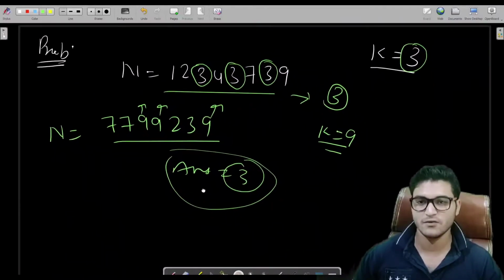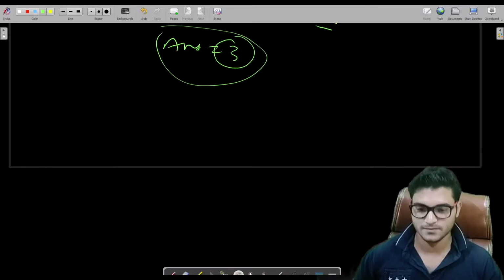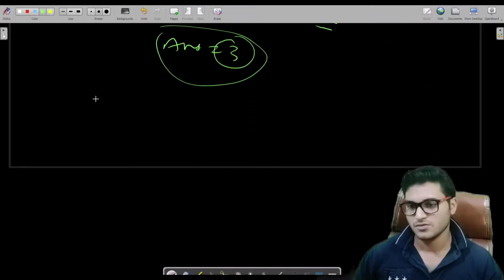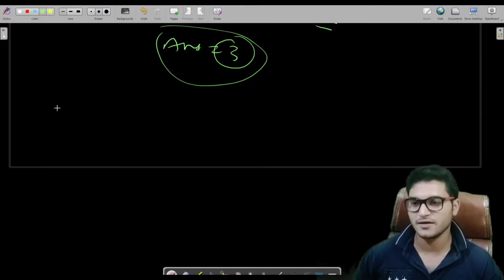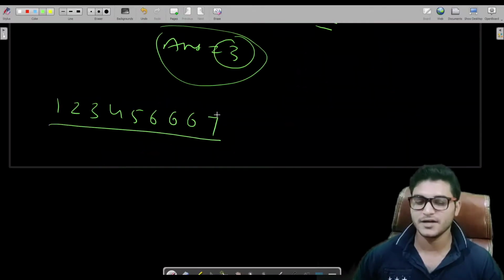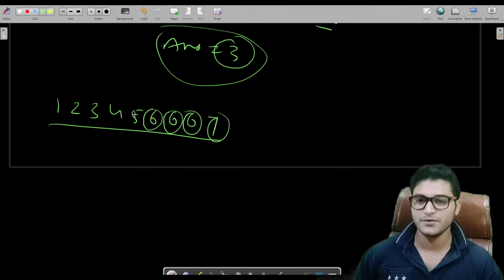So let us see how we will build the logic for this one. If we have to get each digit of any number, let's say 1 2 3 4 5 6 6 7, then what do you have to do? I have already discussed this approach in my previous videos, which you will find in the basic questions of DSA that I covered before patterns.